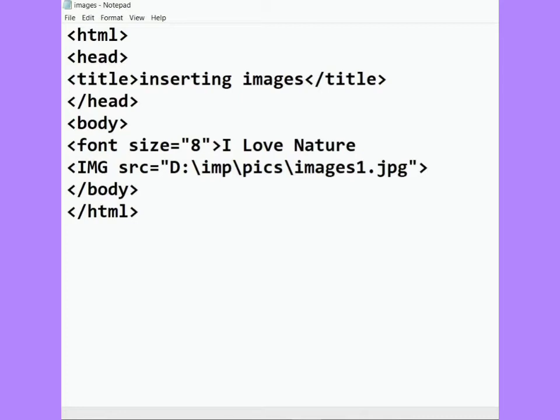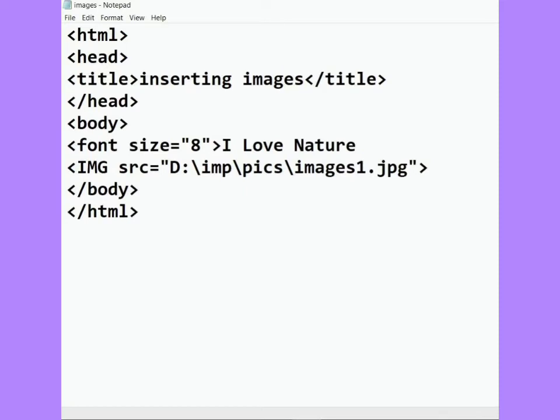To insert the image, I have used the image source tag and given the location of the image that I have saved in my computer, in the D drive in the folder imp, in the subfolder pics, and the name of the image is images1, which is saved as .jpg.